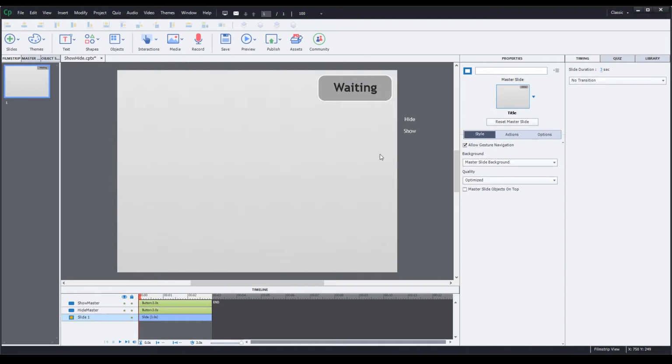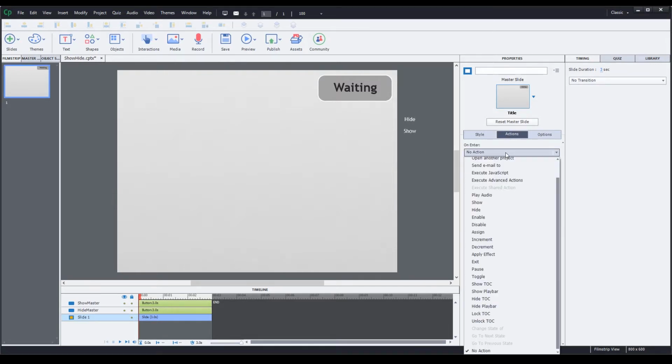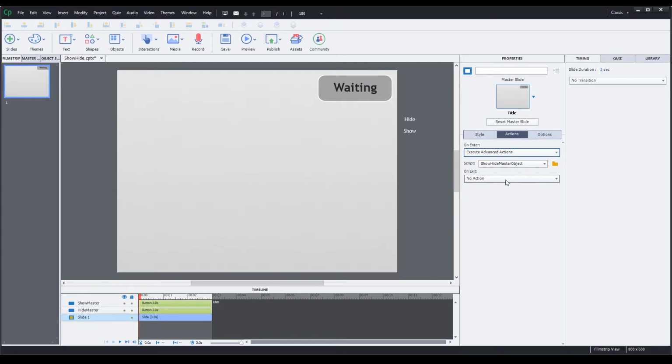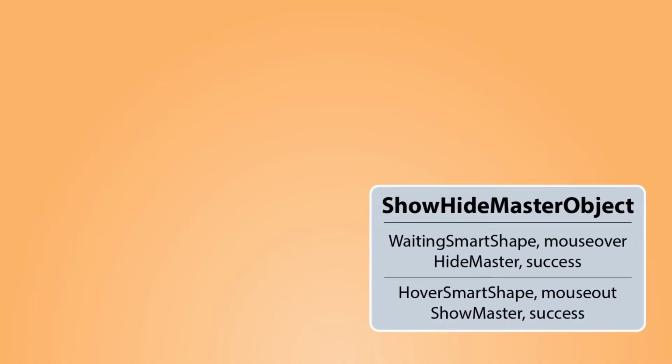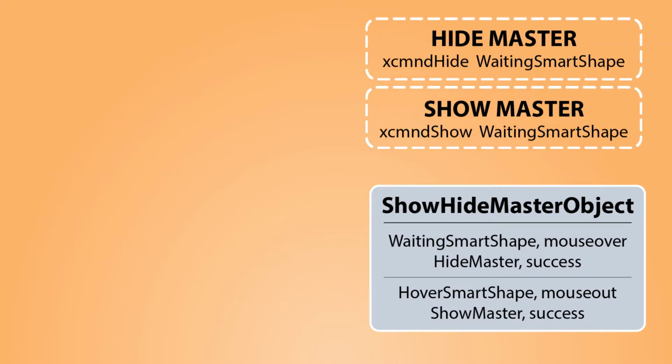Clicking on the slide allows us to get to the slide's properties. Go to the Action tab, set the On Enter to execute advanced actions, and the script we just created is already selected because it's the only script in the project. Here's an illustration of what's going to occur. The project launches and slide 1 executes the Show Hide Master Object advanced action, loads the Hide Master and Show